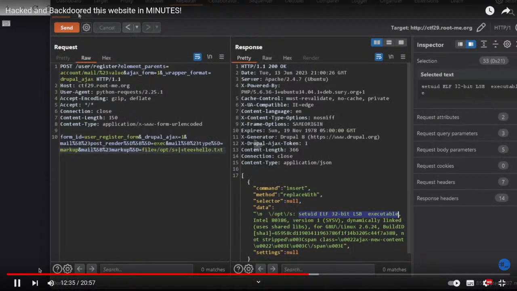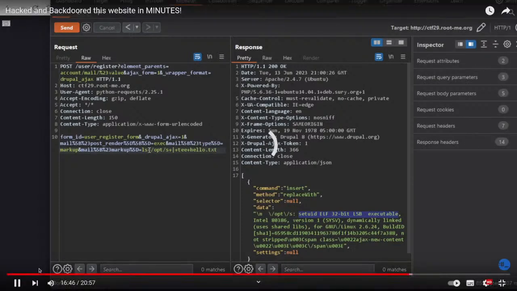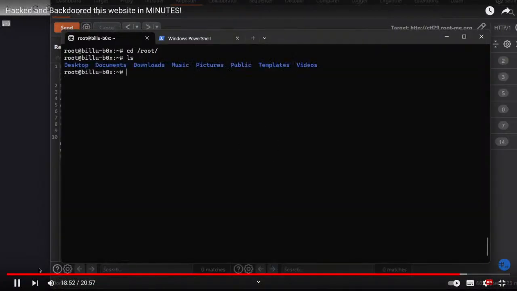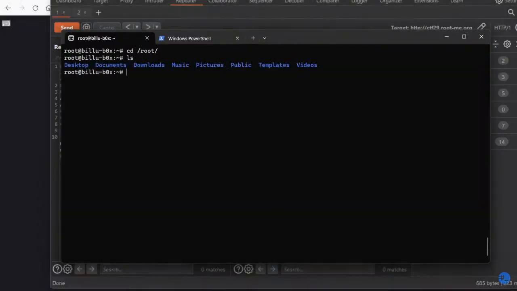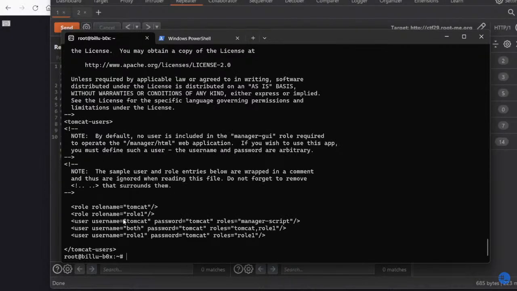Can we edit it or something? I'm not sure. Let's just use it. I will start with the value of pwd, my current directory, and as you can see, I am indeed in the root directory. I'm really curious to know what is the content of the Tomcat users file. So it's there. I'm going to cat that. And so, as you can see, we have the username Tomcat and password